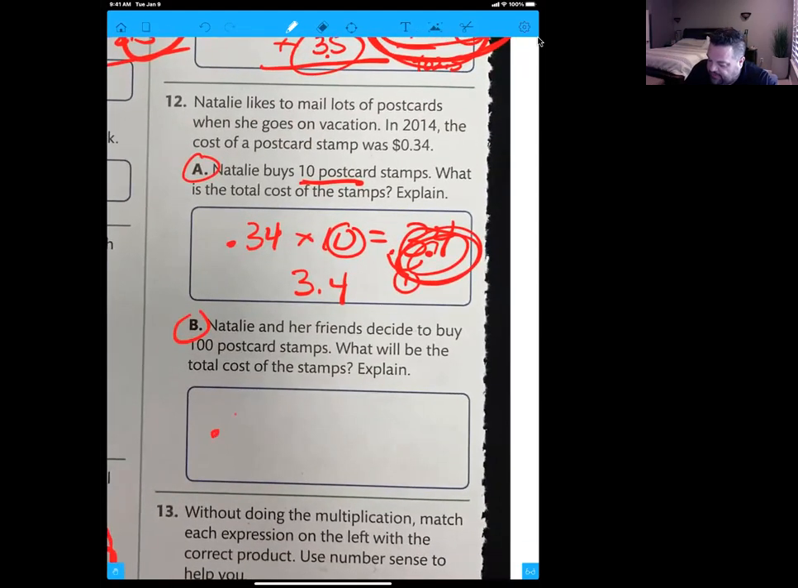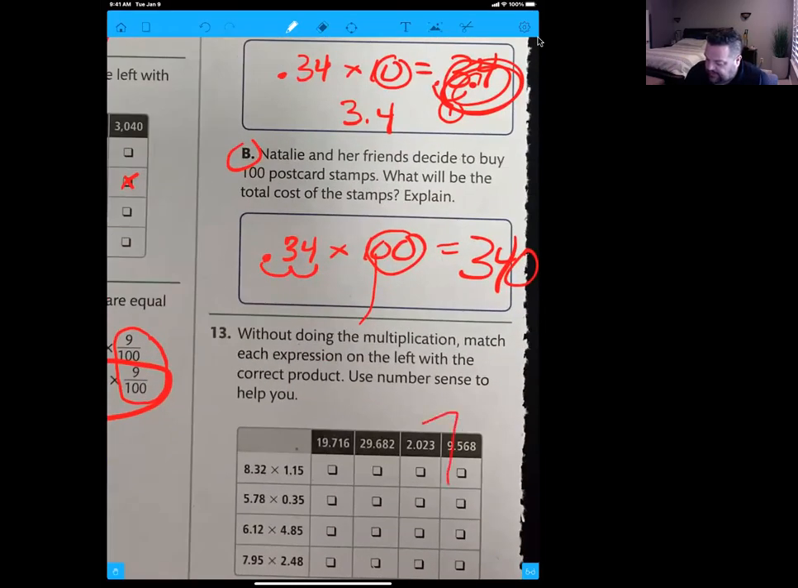In the next one, it's 34 cents times the 100 postcards. Well, that is just 2 zeros, 1, 2, 34. Same exact thing. If you have 34 cents and you get 100 postcards, that 34 cents times 100 is not going to give you, if you move the decimal wrong, 340, right? So try to think those through. All right, number 13